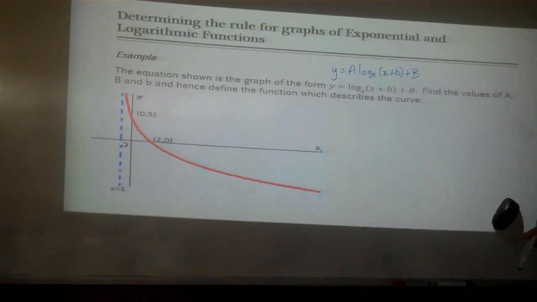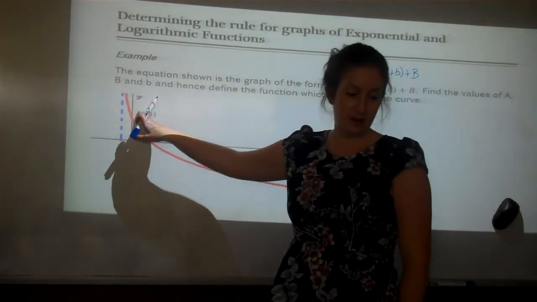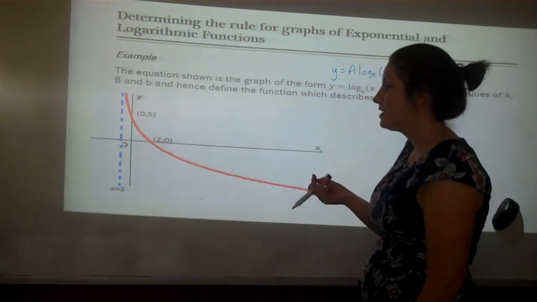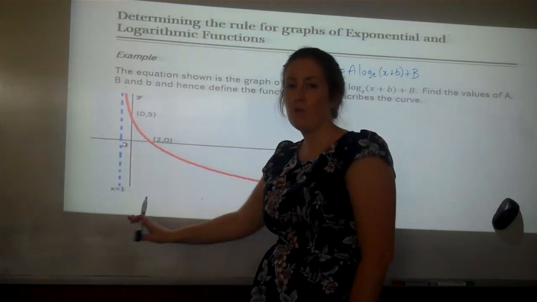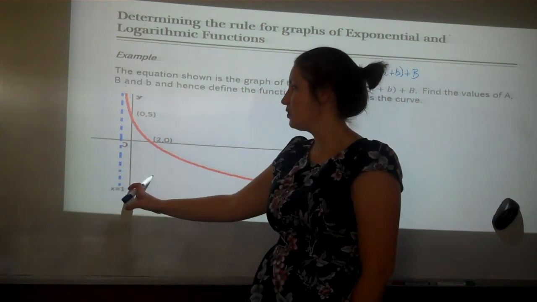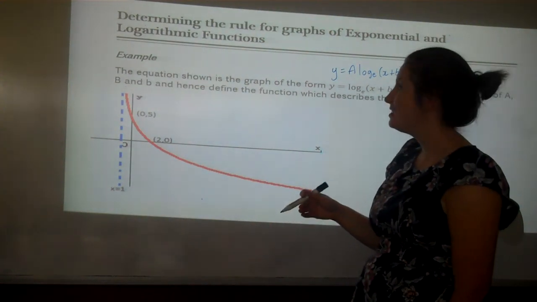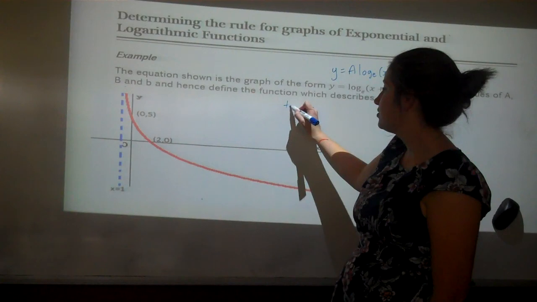So we're wanting to find these things. Now we don't actually have 3 points, we've only got 2 points given. Our other is the equation of an asymptote, but we can use that as well. Remember, the asymptote is usually in our standard y equals log e function, the asymptote is just at x equals 0. Because it's not in this case, this means it's been translated. So we can see straight away that this has been translated